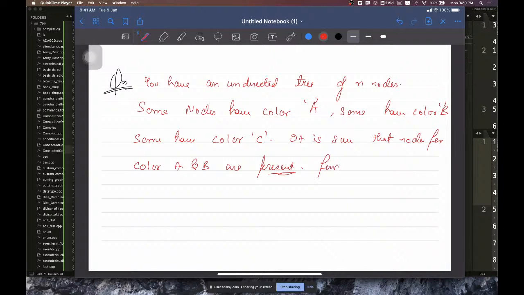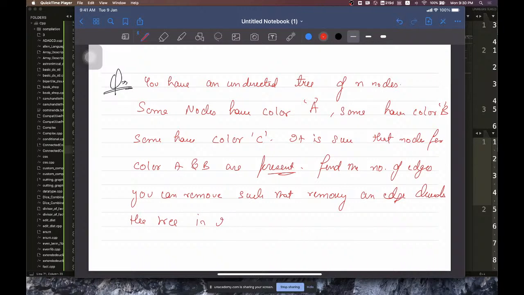Find the number of edges you can remove such that removing an edge divides the tree into two components. So what you are going to do, you will be removing edges. Such that removing one edge, the tree is divided into two components, right? The tree is divided into two components where